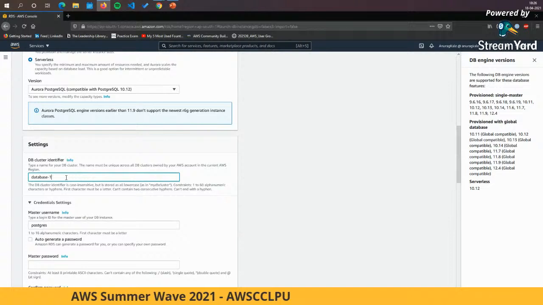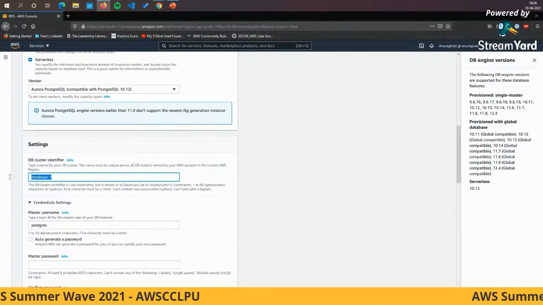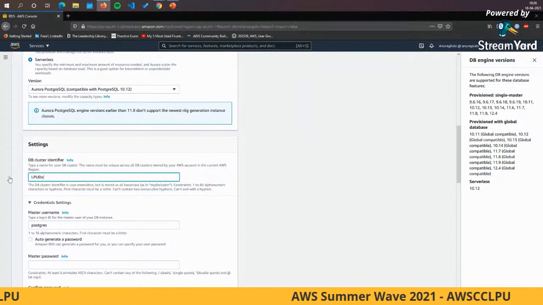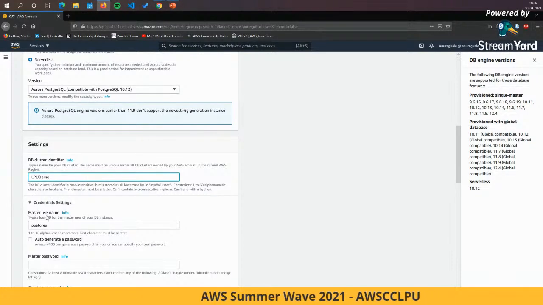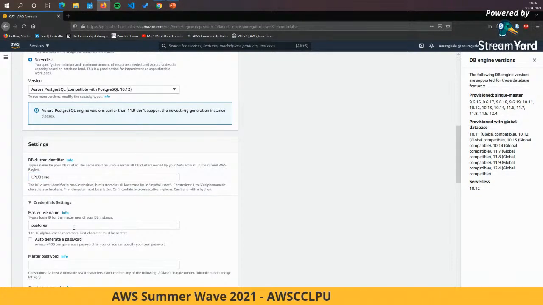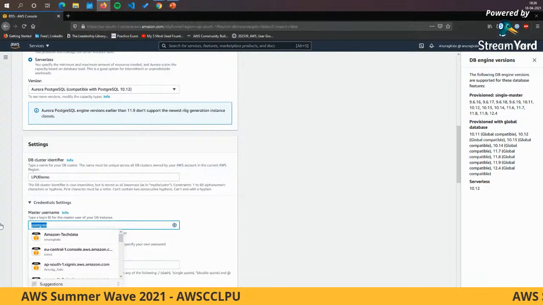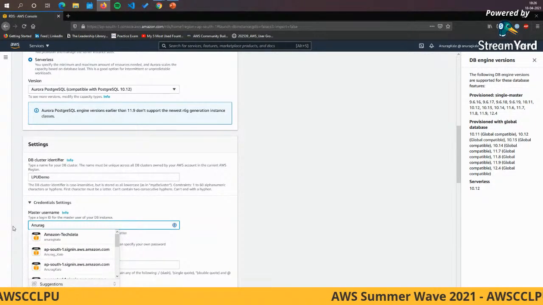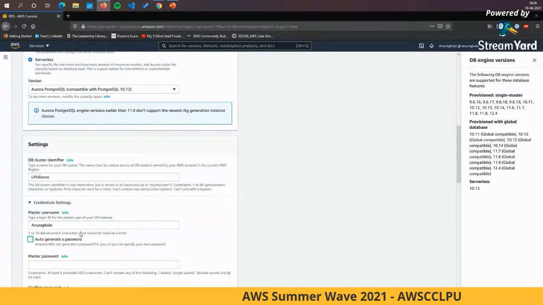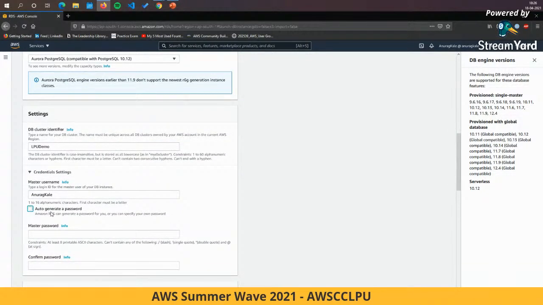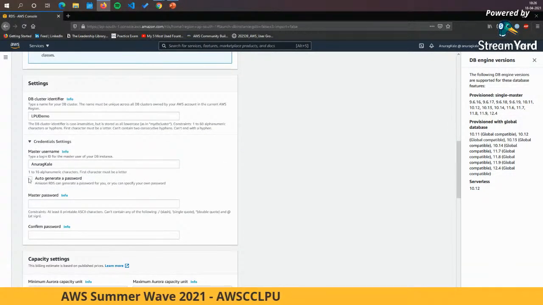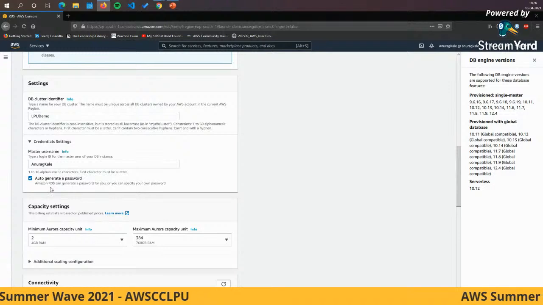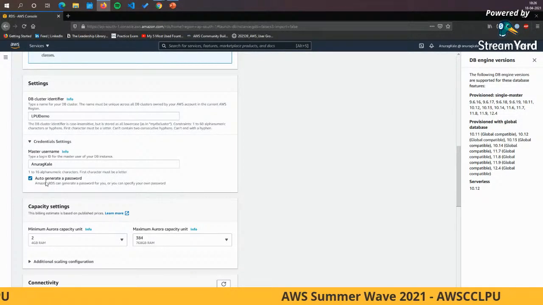And then you need to specify the settings, like, what is the name of the cluster? Let's say LPU demo is the name of the cluster. What is the master username? I'm going to say the master user is Anurag Kale, for example, and you can auto generate the password, so that Amazon RDS will generate the password for you, or you can specify your own password.